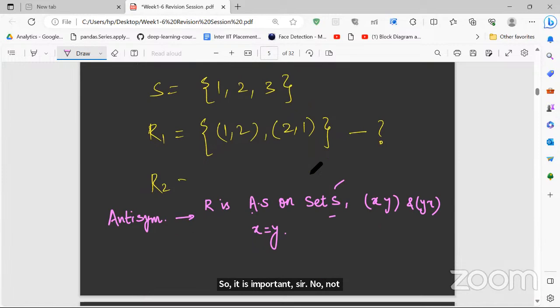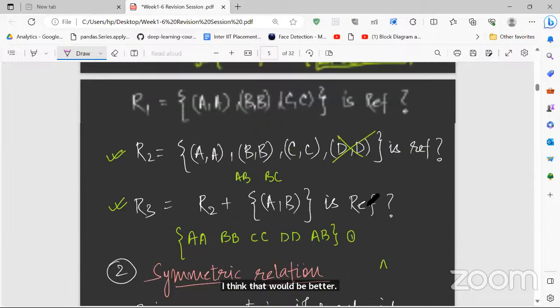So what is asymmetric? Can you quickly? Sir, if it is not symmetric, please move on. Asymmetric means it is not symmetric, right? Yeah. Sir, if there is no question on this, we can move on and cover the topic. I think it would be better if before explaining any topic, you would mark it as important. So I just noted down all the important topics, those I felt important for your final. Sir, can you just repeat anti-symmetric, then it's fine.